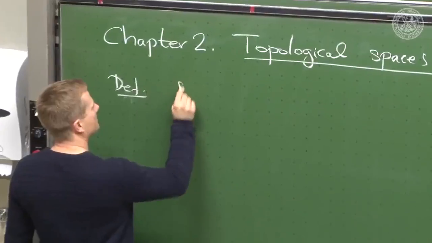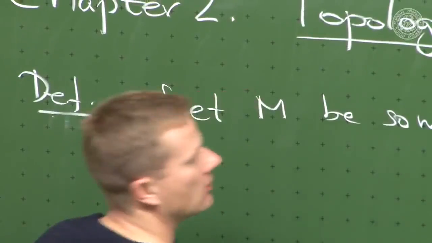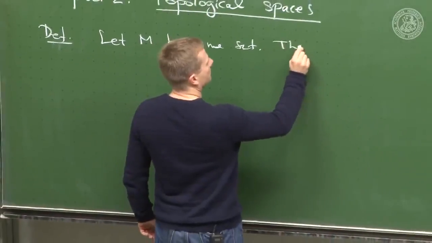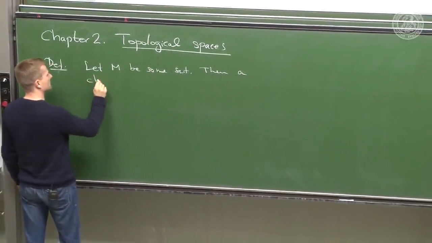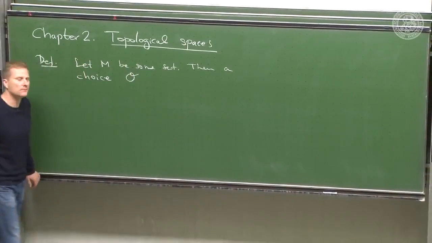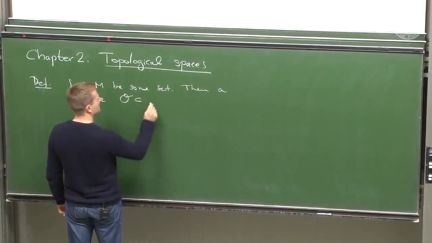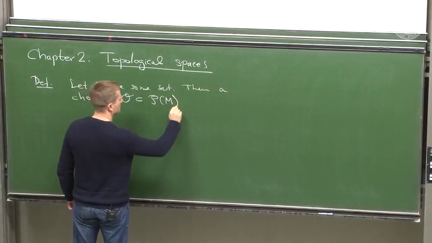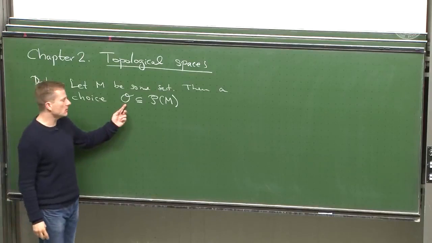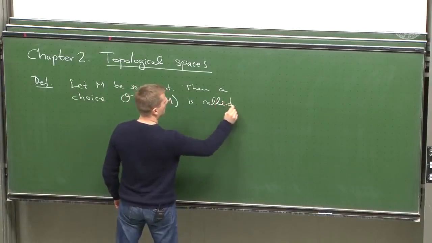Definition: let M be some set. And we know what a set is from axiomatic set theory. Then a choice, so you see you have a choice here, and this choice is called curly O. What is this O? It's a subset of the power set of M. It could be the entire power set. So a choice of subset O of the power set of M is called a topology on M